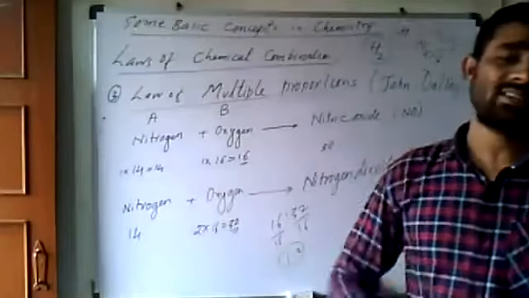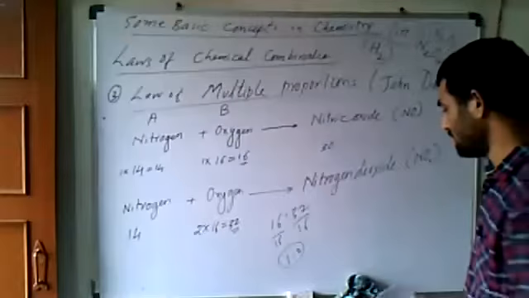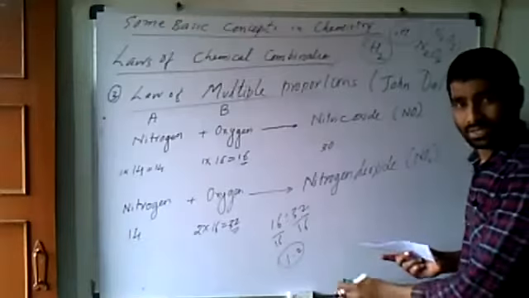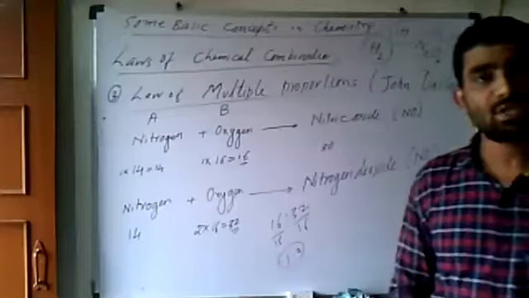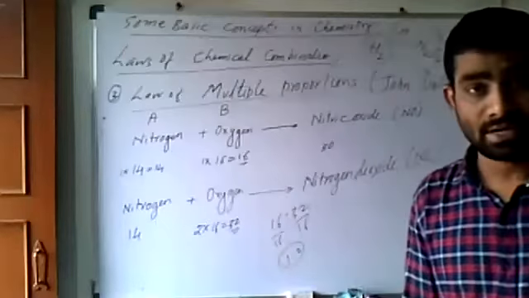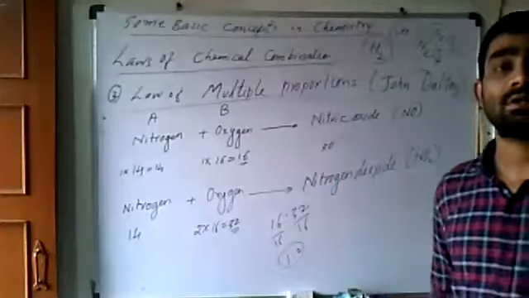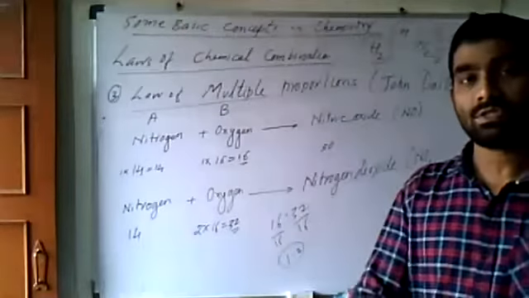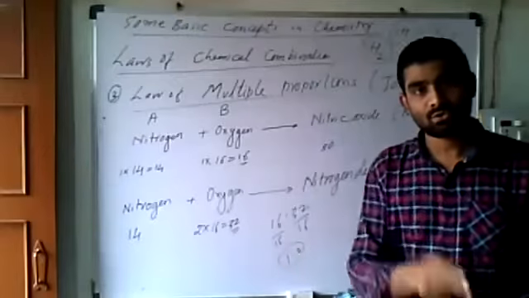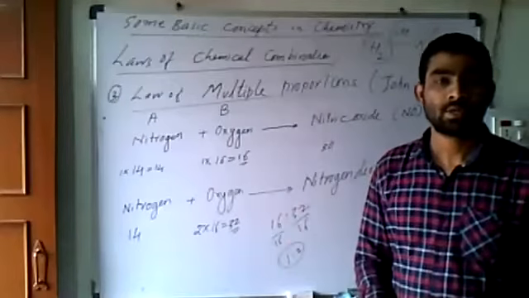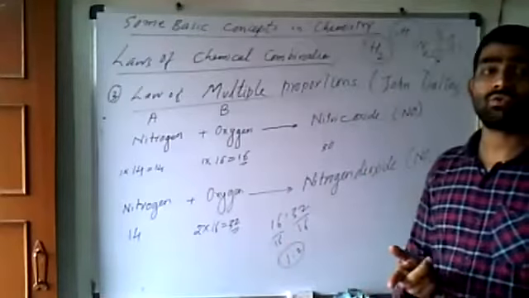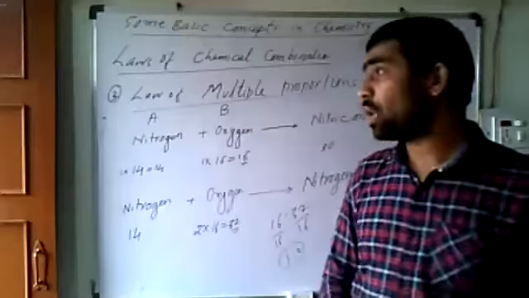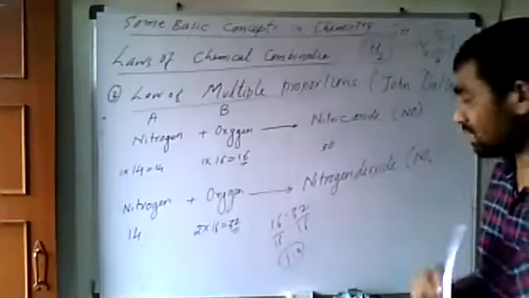See, many examples are there. We will take one more example so you understand that. Two examples are sufficient. You can take sulfur dioxide: sulfur plus oxygen, two compounds will form, SO2 and SO3. So there also we can use the concept and law of multiple proportion. This was the third law.